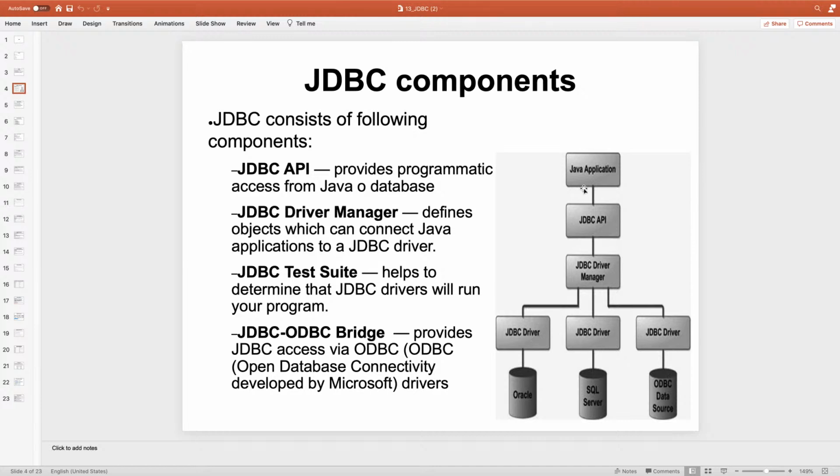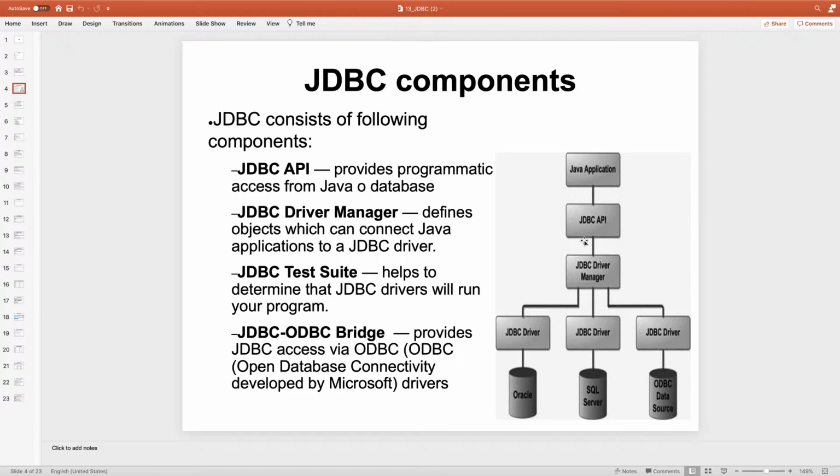We have a Java application, where we are writing Java code, and using the API we connect our code to the Java database connectivity driver manager,